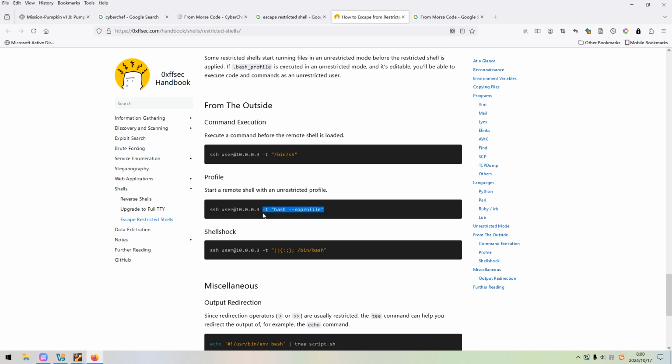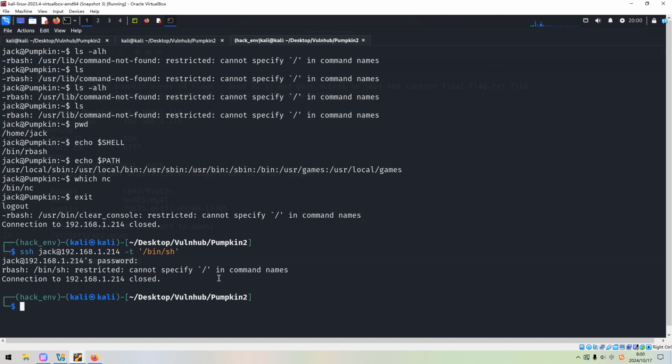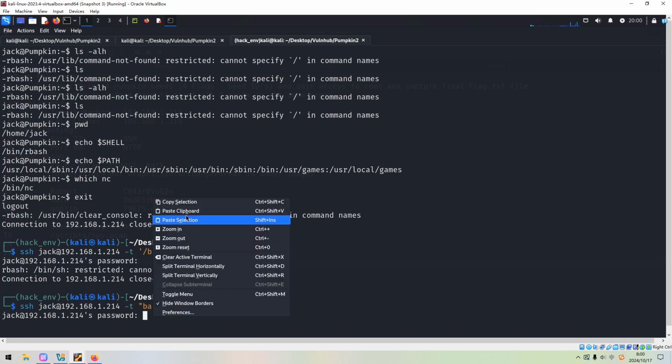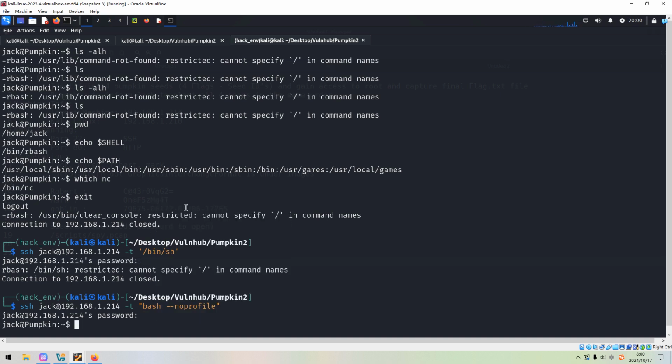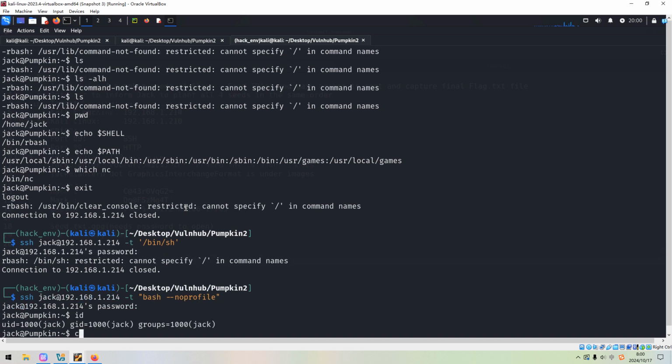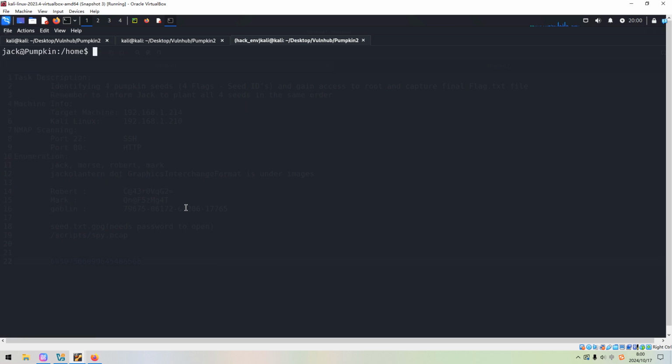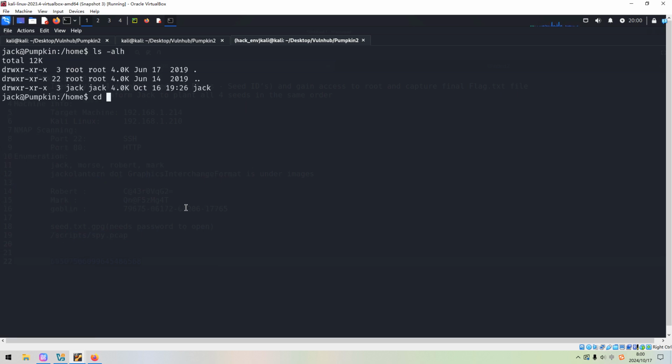So maybe we can try this option. I don't know. Very interesting. You know, when I did the machine the first time, I didn't need to escape the restricted shell. Well, as you can see, now we can. I think we have already escaped the restricted shell, and gone to Jack,